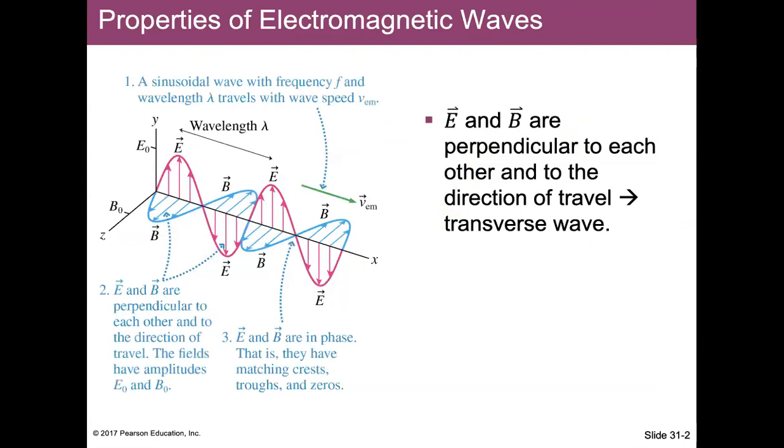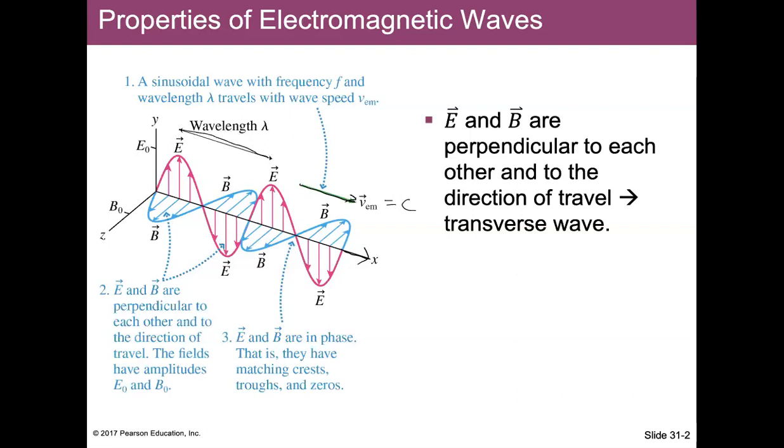Here we see an electromagnetic wave that is traveling along the x-axis. So it is moving in this direction, which is why we see it's moving here with a speed v_EM, which we know is equal to c, the speed of light. So this is a sinusoidal wave, and it has frequency f, and here's the wavelength that goes from one crest to the other